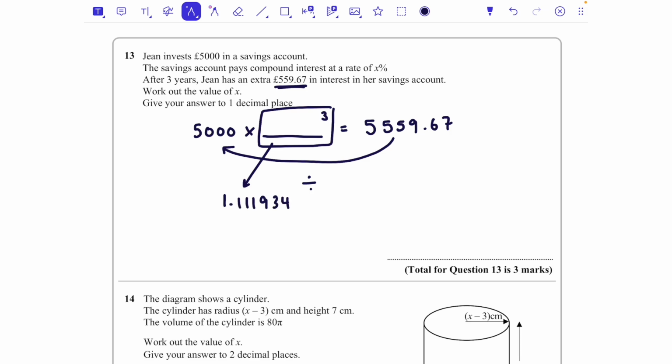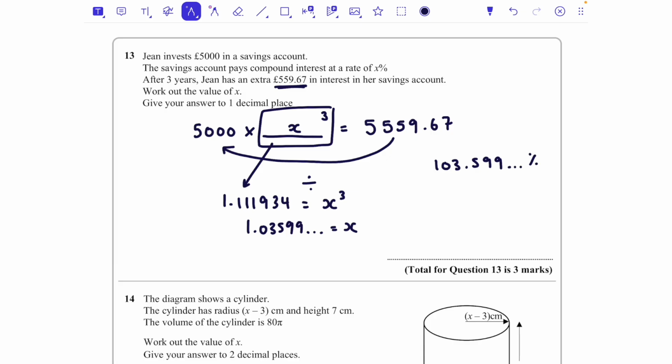1.111934. Okay, but that value has been cubed. So let's put that as x cubed. So I'm going to cube root that value. And so x is 1.03599. So that is the multiplier. Now, if the multiplier is 1.0359, to get what percentage that is, I would times it by 100. So multiplying that by 100 tells me that it is 103.599 and so on,